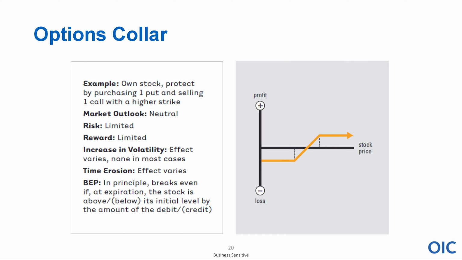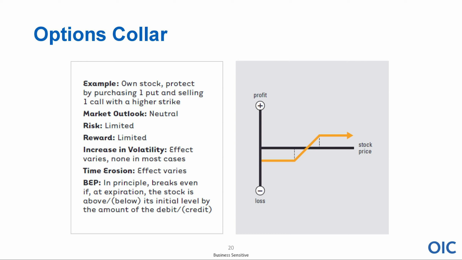The adverse thing of this is you only participate with the stock up to the strike price on the call that you sold. Do you see that? So the good point is limited risk on the downside. The perhaps bad point is limited gain potential on the upside above the strike price I chose. Right? What's the reward? It's limited.